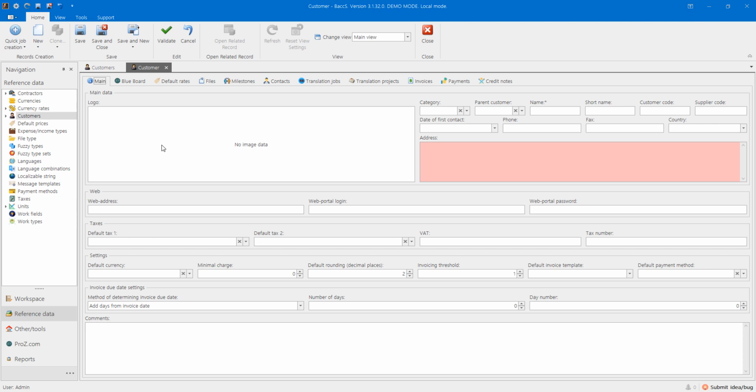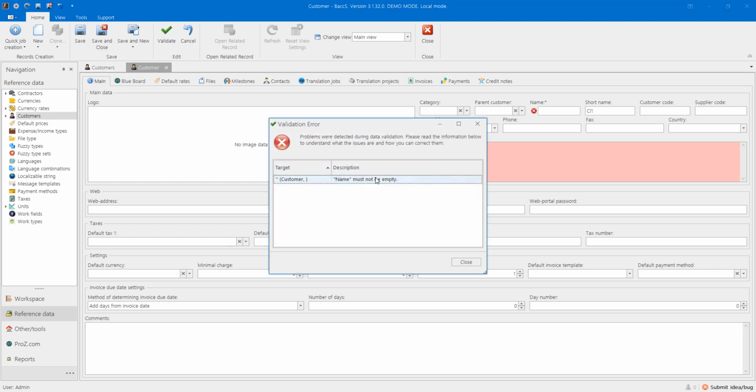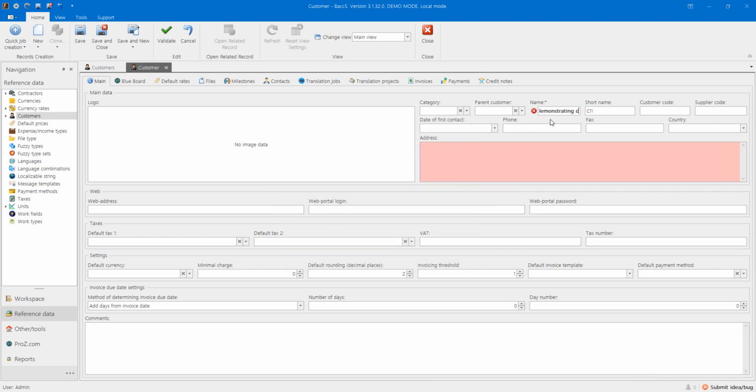This detail view contains a lot of fields, but here I will fill only the main ones, name and short name. Client 1, CL1. Mandatory fields are marked with an asterisk symbol. If such a field is not filled, then clicking the Save button will lead to such an error message. Name must not be empty. So I'm filling the name again